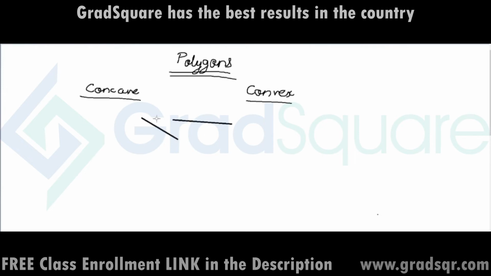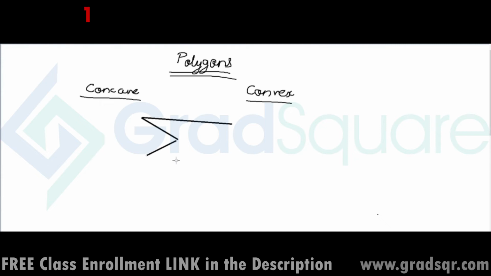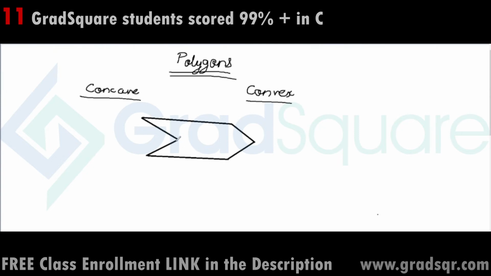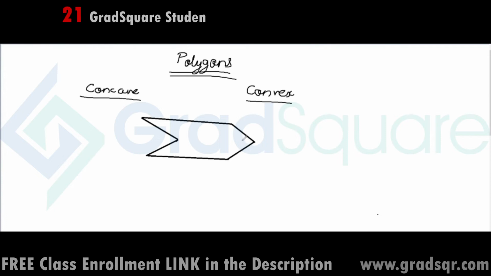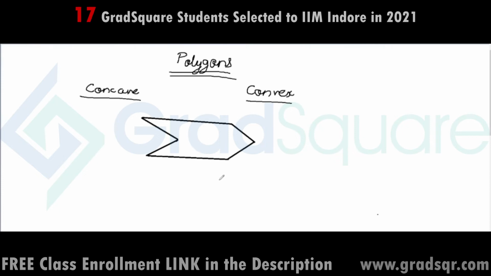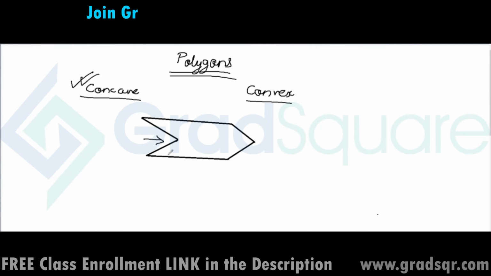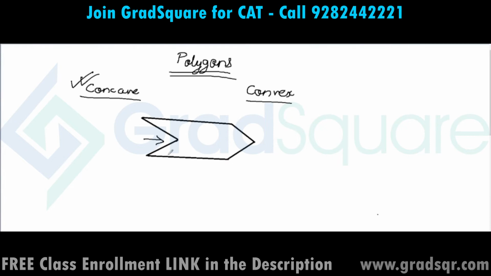And the first question that I generally ask my students when it comes to polygons is: if I have a polygon like this, is this a concave polygon or a convex polygon? There is going to be a lot of confusion because this vertex is bulging outward, while this vertex is caving inward. Sometimes students say, sir, it's both. Of course, it cannot be both, but it is one of these two. This kind of polygon is a concave polygon, because there is one vertex which is caving inward, and that is sufficient for us to say that the polygon is concave.